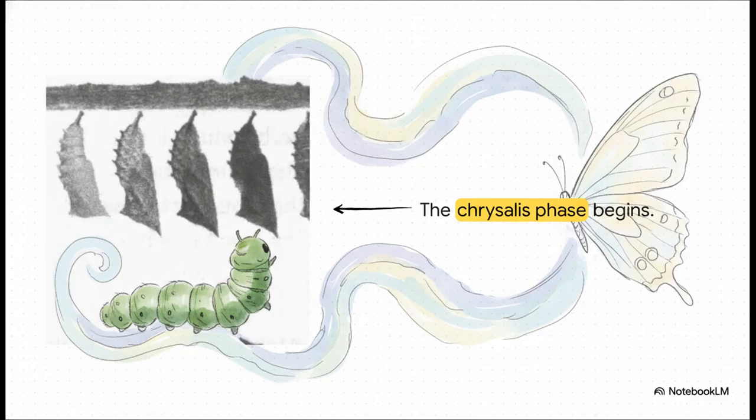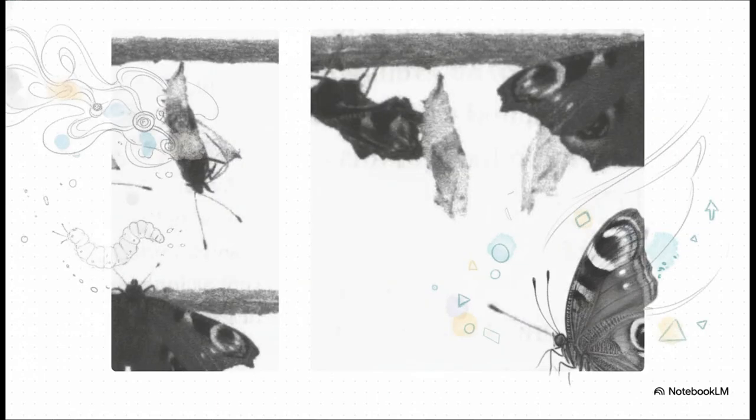Imagine a caterpillar entering the chrysalis phase. What happens to a living organism when it completely restructures its physical form? When a caterpillar enters this stage, it essentially dissolves and completely rebuilds itself. Just look at how radical this transformation actually is. We are looking at an organism morphing so profoundly that almost none of its original physical characteristics remain. I mean, it loses its old properties and gains entirely new ones.